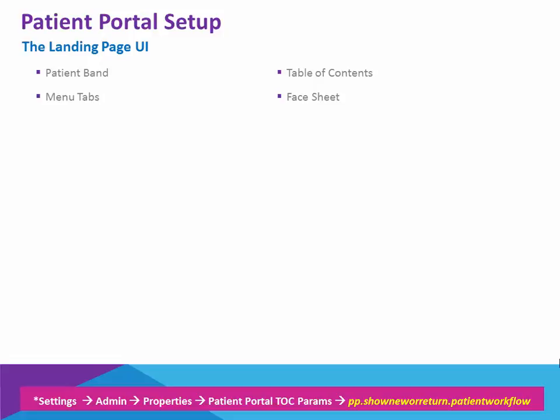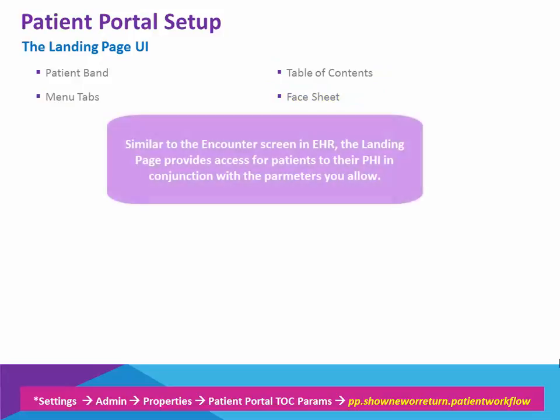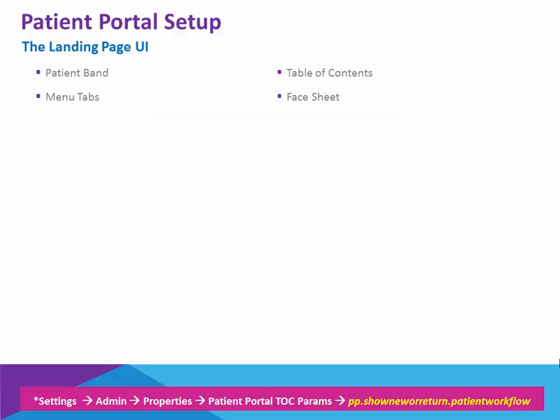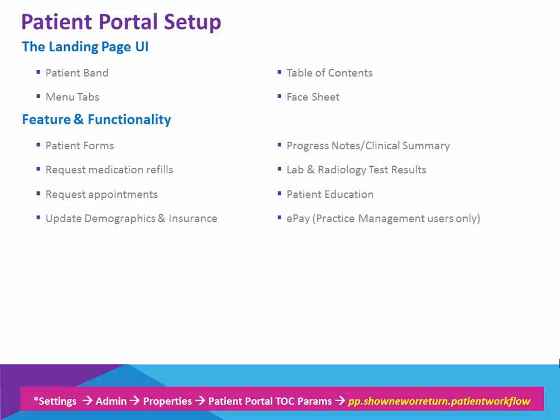When the patient first logs into the portal, you have the ability of customizing the patient band, the menu tabs, the table of contents, and the face sheet. Now, this landing page to the portal corresponds loosely to the encounter screen for you in the EHR. So it's where the patient is able to actually view their health information and to what extent. And that is what you're able to define within the properties that we're going to cover,